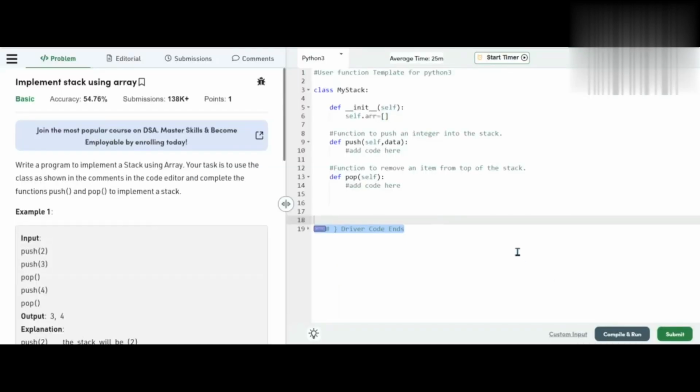Now here we will write the code. So we have to write code in the push function. So how can we add an element into an array? In Python, we can add by using the append method. So self dot array dot append